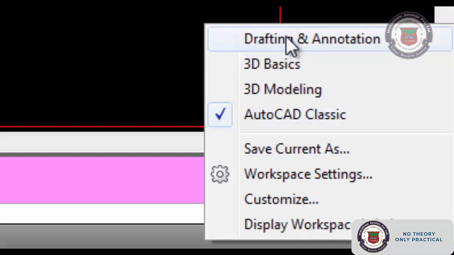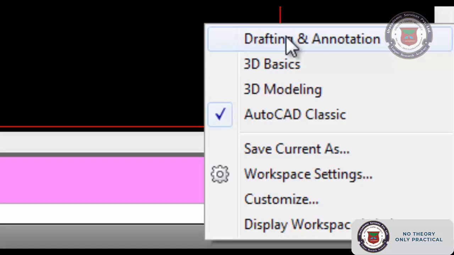But in some of the old versions, there are no such options. So it is better to be familiar with AutoCAD Classic in 2D as well as 3D, which will help you do a better job in earlier versions as well as in the new versions. The Drafting, 3D Basics and 3D Modeling workspaces will give you the latest AutoCAD options only. When you use AutoCAD Classic, you will have both. You can pick up earlier versions too, because that one covers command by command and all other things.